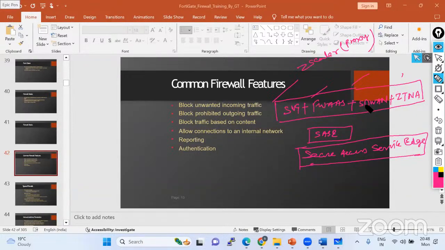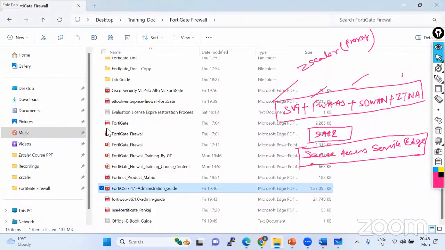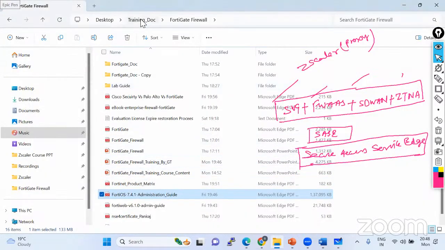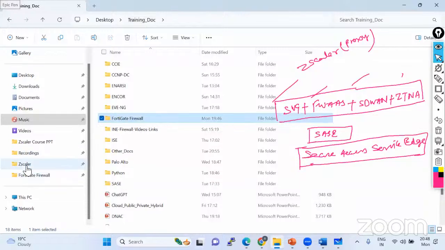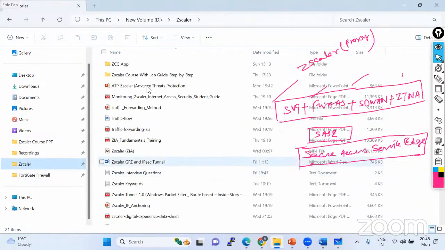So SASE is one of the concepts. Ridesh is asking what is SASE. So let me just jump in, SASE तो थोड़ा आप लोग आइडिया हो जाए। SASE भी थोड़ा आप लोग को बता देता हूँ।